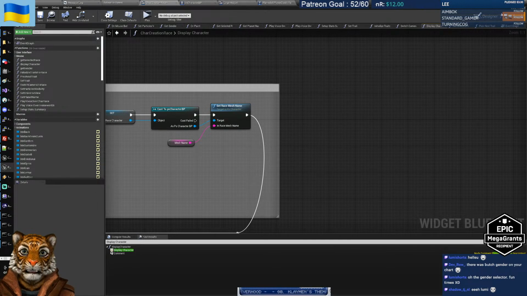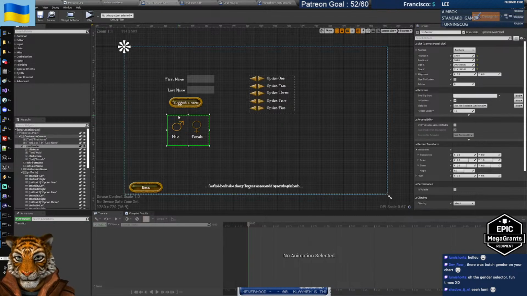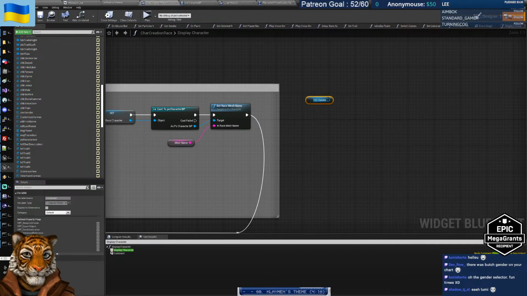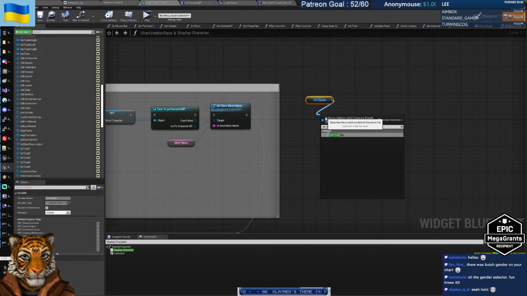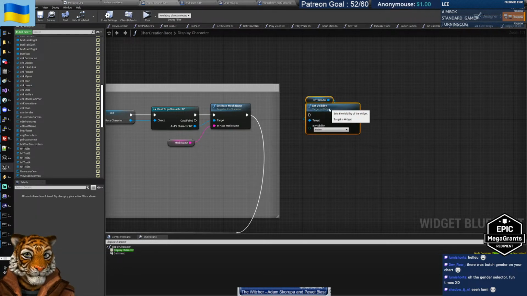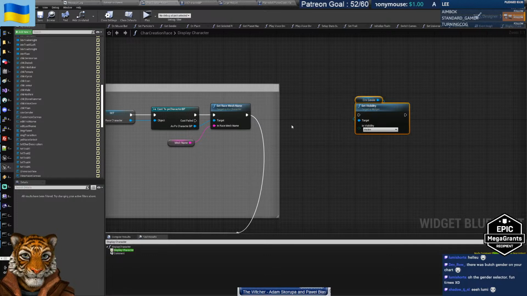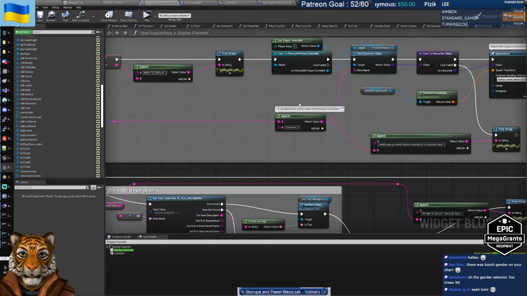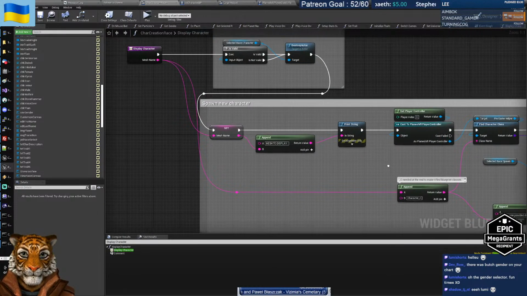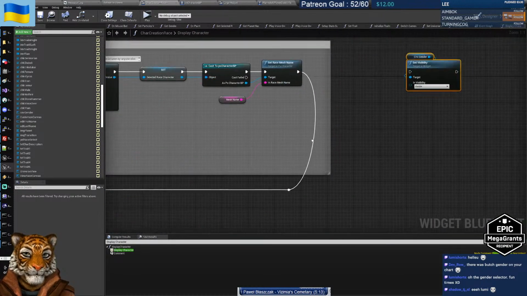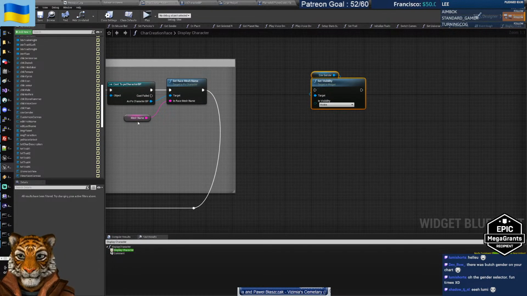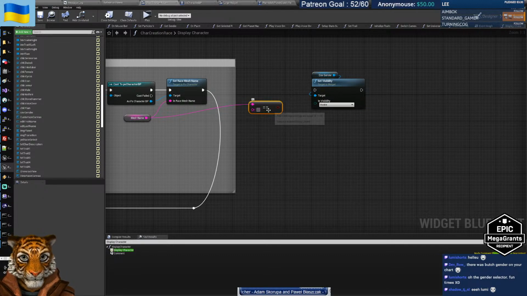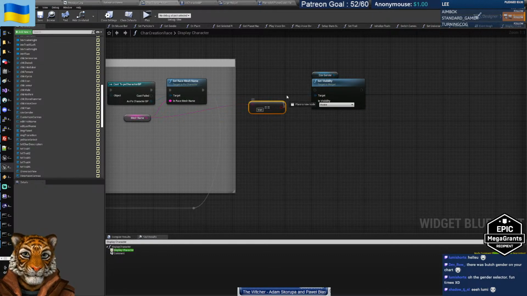So here, exactly here, we get our canvas blah blah blah, and we set visibility, and if our mesh name, yes, so if our mesh name is equal to cran, then